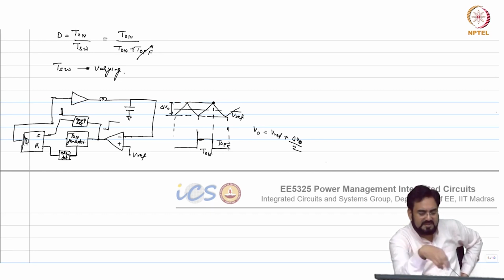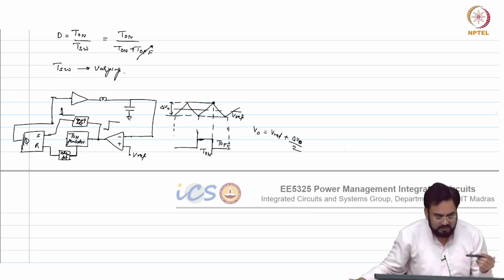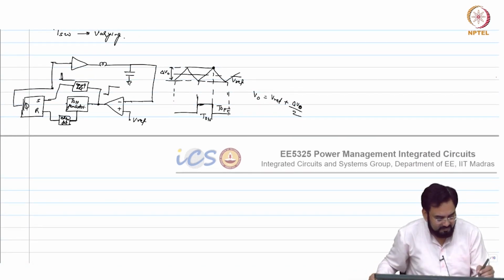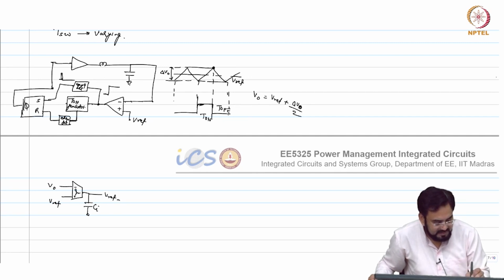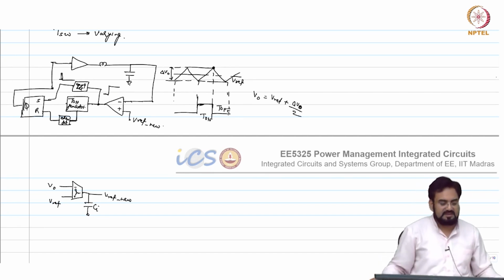Which means that instead of Vref, I need to have Vref minus delta V out by 2. So if I have an integrator in the loop, if this is Vref and this is V out, then this becomes Vref new, and you control this at Vref new.